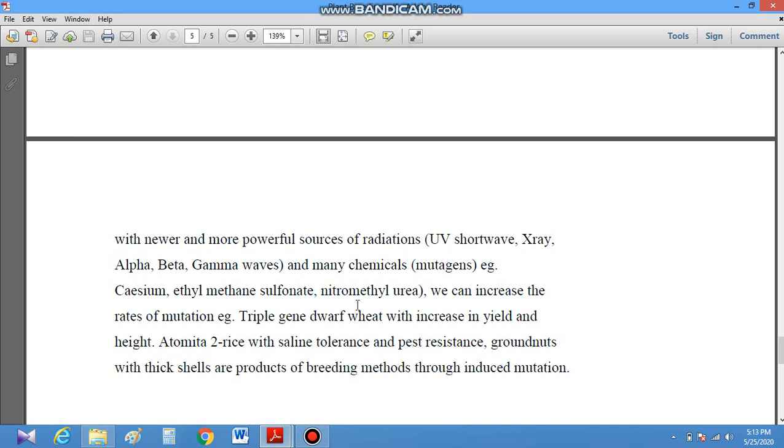After doing this, we can obtain chromosomal aberration and a linear increase in gene mutation. We can also treat the plant material with ethyl methane sulfonate, cesium, nitromethylurea. For this purpose also we use seeds; dried or pre-soaked seeds can be used, soaked in distilled water for a few hours and placed in freshly prepared solutions of chemical mutagens which may be of different concentrations.